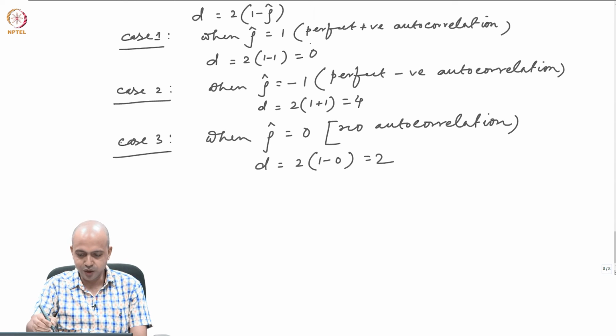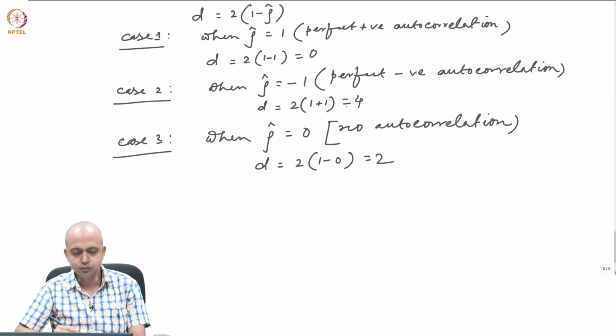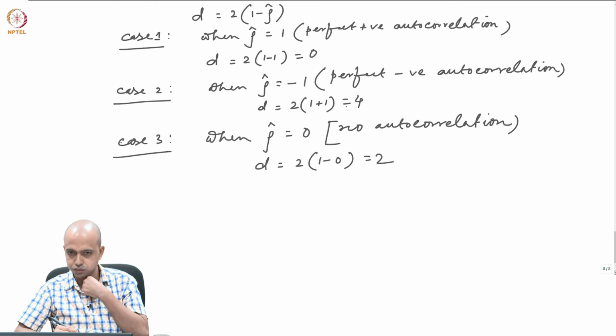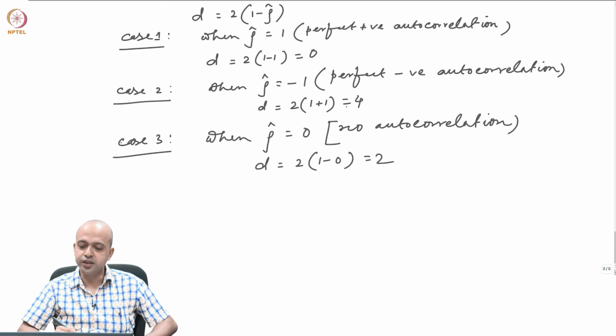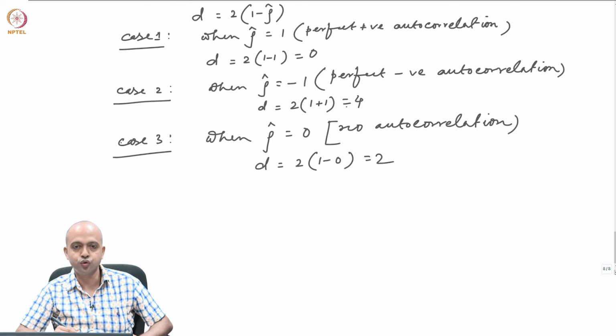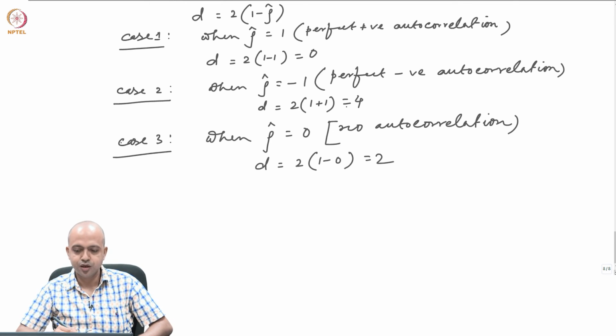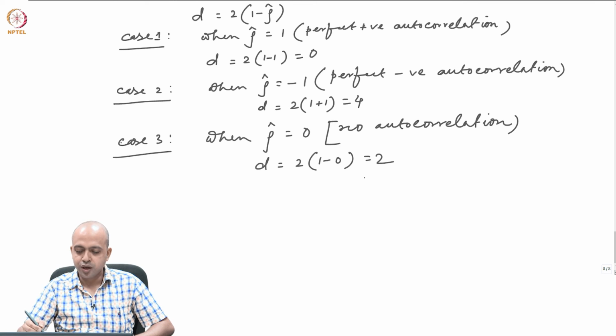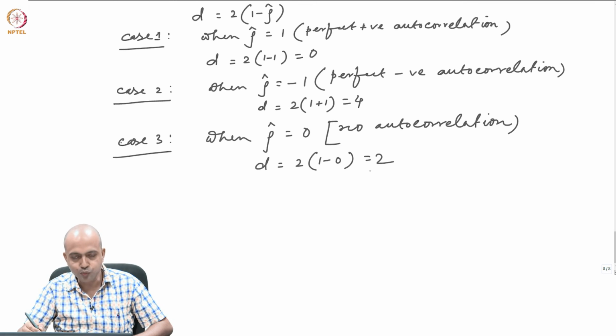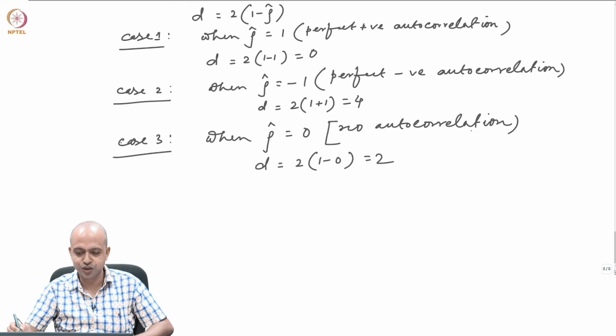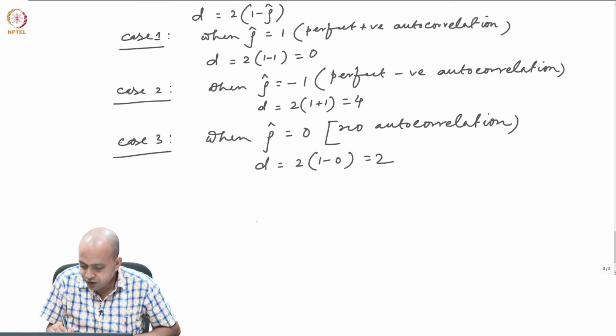And if D tends to either 0 or 4, then that will tell you there is presence of either positive or negative autocorrelation problem. So, a lower value of D will indicate presence of autocorrelation, a value in the neighborhood of 2 will indicate there is no autocorrelation, and a value which tends towards 4 also indicates that there is negative autocorrelation. Now, in a simple diagram, if you like to represent this,